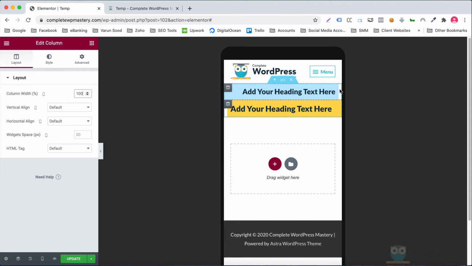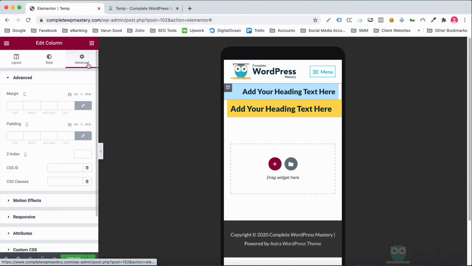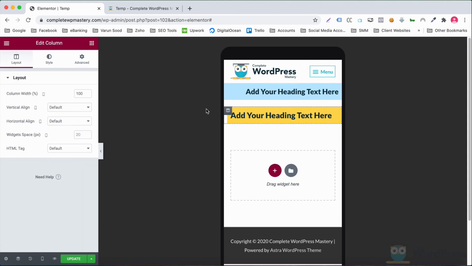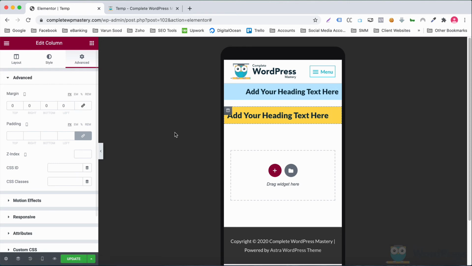Notice we have a margin on the right of the first column and also on the left of the second column. This is because we specified a 10 pixel margin in the desktop view, which is cascaded to mobiles as well. Let's go ahead and specify the margins explicitly for mobile view. The values that we specify here will override the values that are being inherited from the desktop view. For the first column, we'll have zeros for top, right and left and 20 pixels for bottom margin. For the second column, we'll have zeros for all margins.